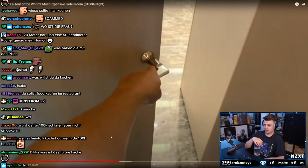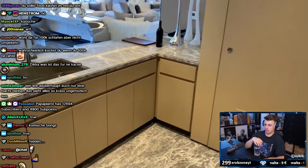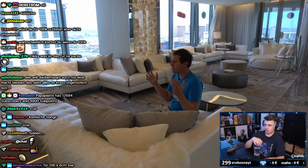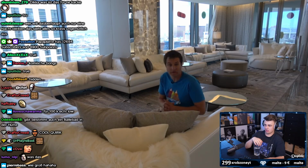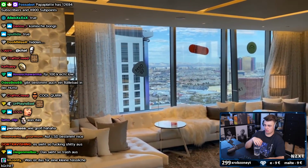That's your butler's entry to the kitchen, and they can just come right through here, access the kitchen, and they won't have to disturb the guests by doing so. That is a pretty cool quirk. And next up, let's move back into the living area for one of the great seating areas of all time. Now, I say that in part because of this view. You look out over the strip, you can see all...